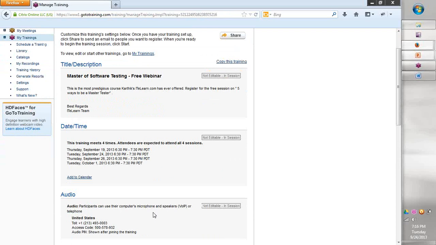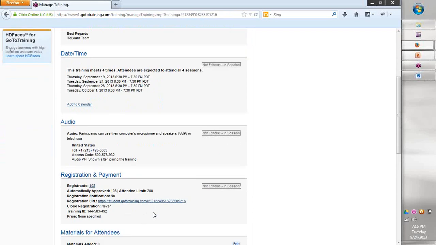If I register on that link, that is the same one that I will be able to use for all the sessions. Do you see this? There's Thursday, all the schedule I've put here. So if I change this for any reason, then you will get an intimation. Please use exactly the same link for every session.